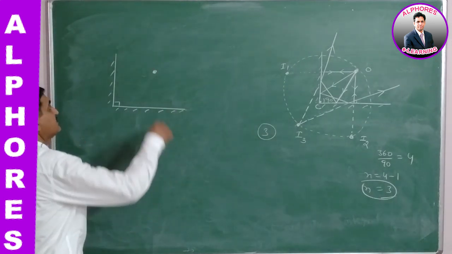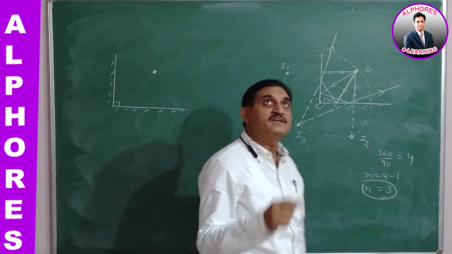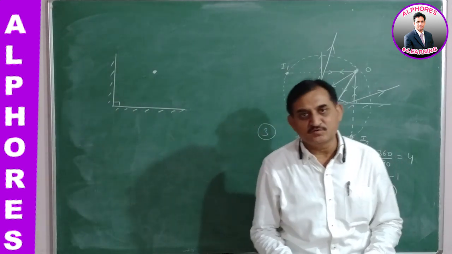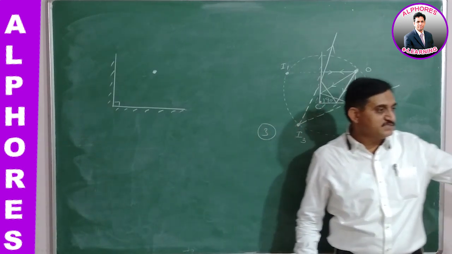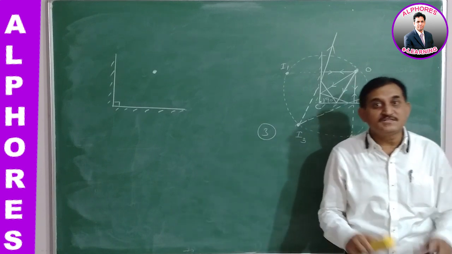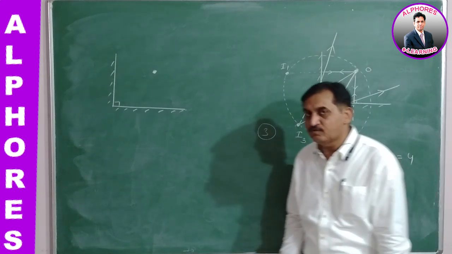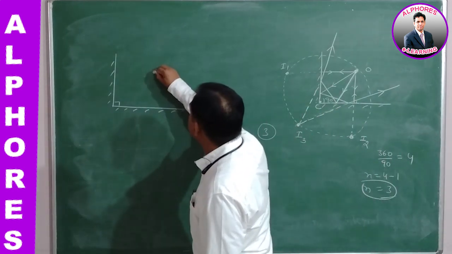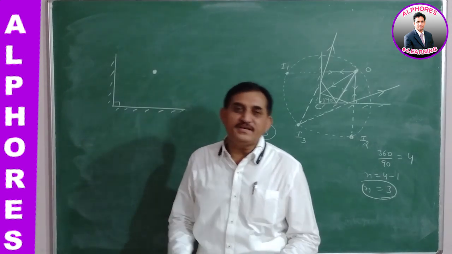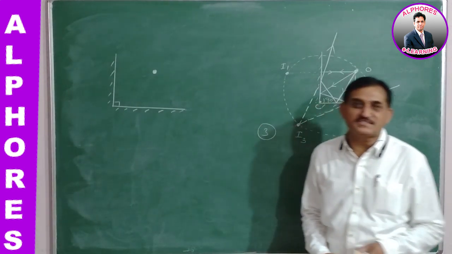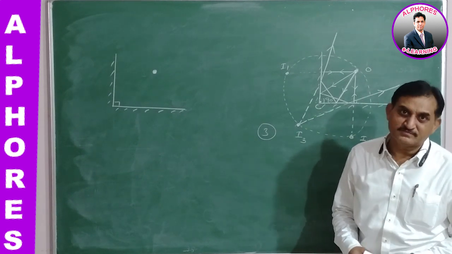How many images are formed as a whole in the mirror which is fitted to the roof? This is the question. Once again, in a room, two adjacent walls and the roof, these three planes are fitted with plane mirrors. Now the object is kept in the room here. Altogether, how many images are obtained by these three plane mirrors? And what is the nature of the images?